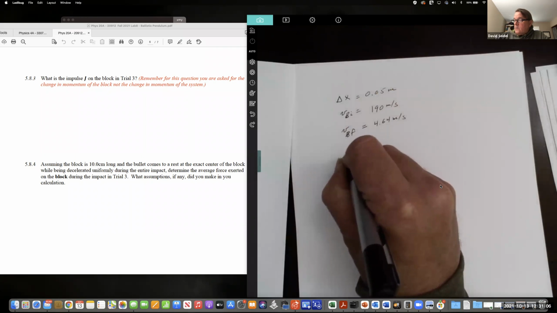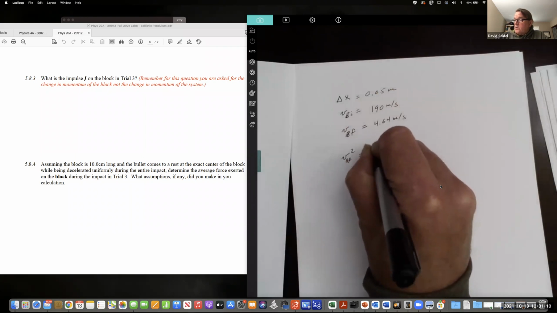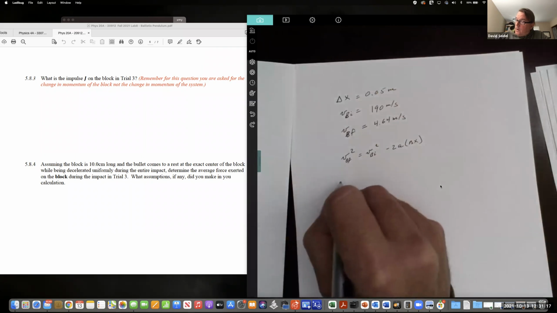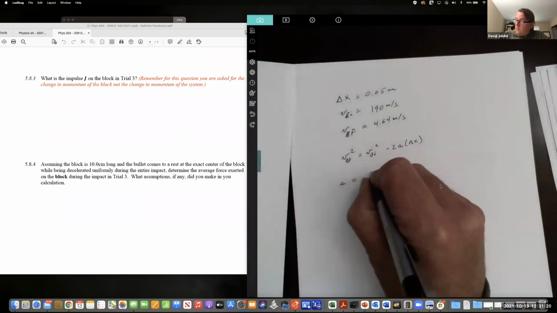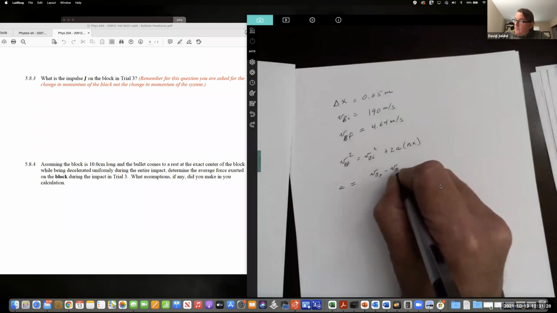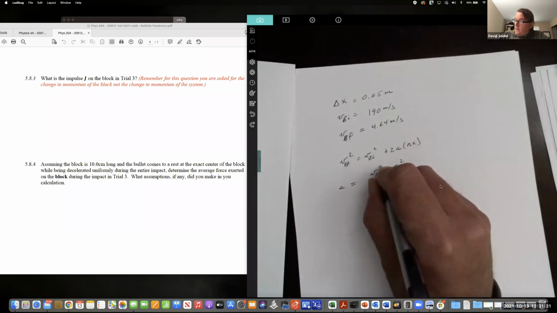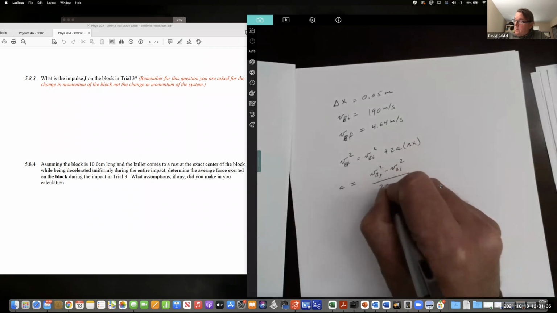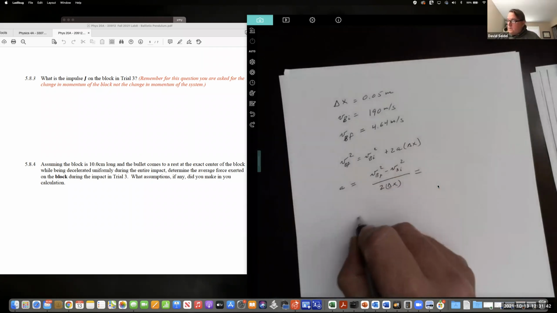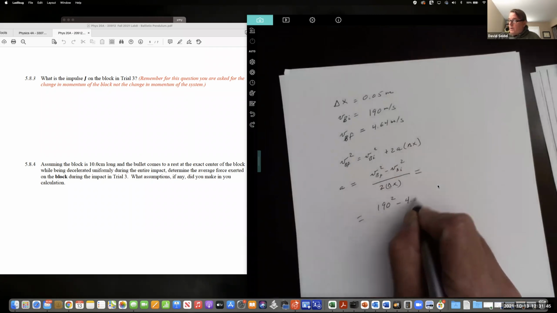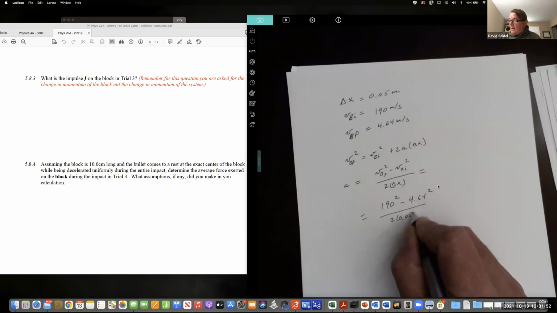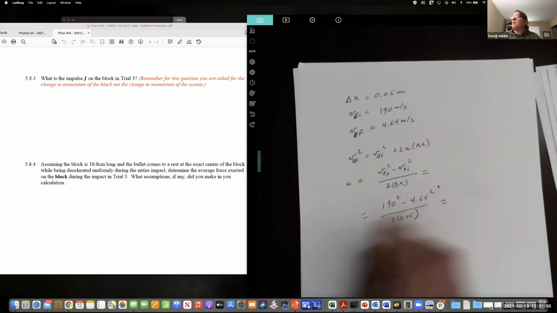V bullet final squared equals V bullet initial squared minus 2A delta X. So A is equal to V bullet final squared minus V bullet initial squared, divided by 2 delta X. So this is 190 squared minus 4.64 squared over 2 times 0.05, and that equals